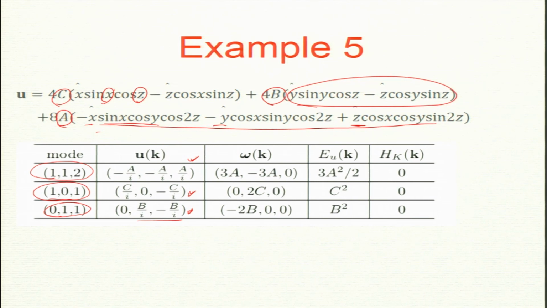So, you can compute them like this. Now, this is a bit of work, but once you have u of k, you can also compute omega k and so on. You can compute the helicity, it is 0. Okay. So, there are many 3D fields which are non-helical. Now, how do we compute A dot, B dot, C dot? It is more complicated, but it can be done.